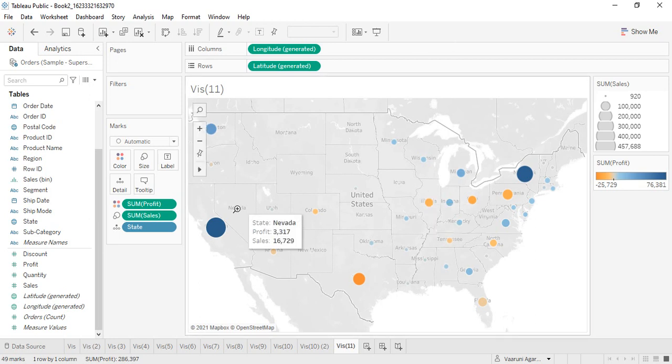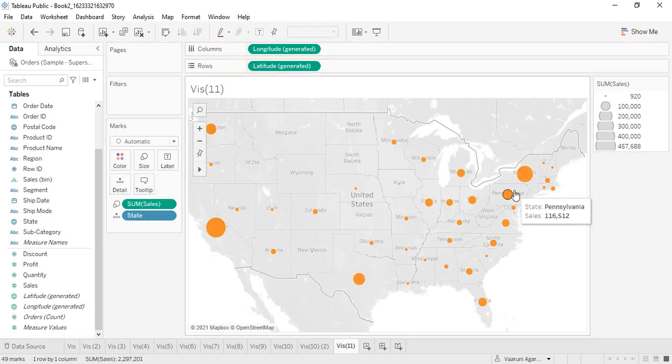Now let's talk about using the different types of information in the map. How can we use them? Okay. So suppose this is being shown. Let's just remove the profit from here. We are just getting the sales amount into the size portion, and the color we have set as orange. Now we don't want the overall sales. We want the segment wise sales. Okay, so we had 3 things in the segment, so let's just get the segment wise sales.